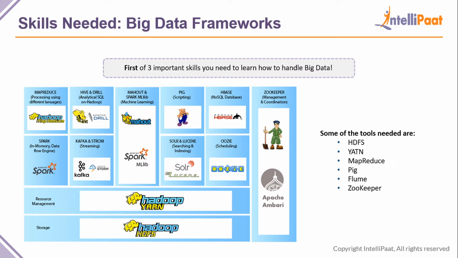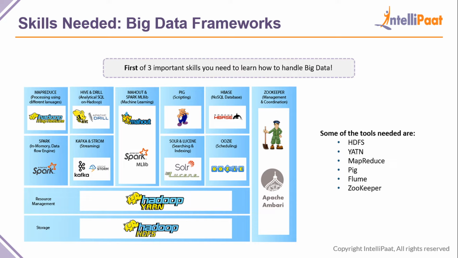And coming to the first important skill that's needed, it's to understand the big data frameworks out there. There are so many frameworks out there, but then Apache has taken the world by storm. They pretty much have so many things. They have Apache Spark, which is basically a data flow engine. It's used for in-memory data organization and much more. We have Hive, we have Hadoop. Hadoop again is another big player.